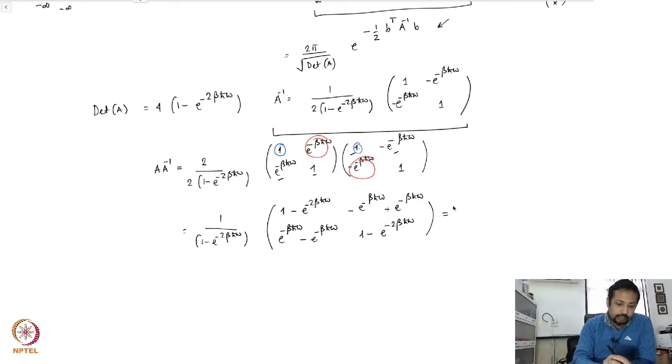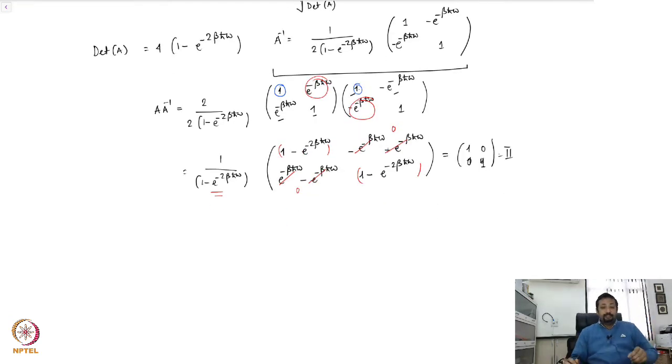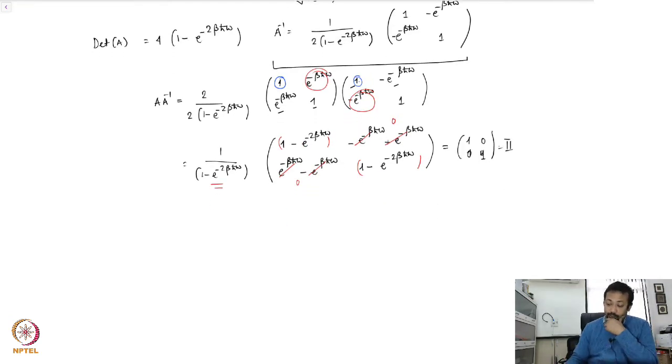So things cancel out. This cancels out to give you 0. This one cancels out to give you 0. And you see this factor and this factor cancel out with the prefactor that is outside to give you the identity matrix, 1 0, 0 1, which is I. So indeed our A inverse works nicely. Good. So all I have to figure out now is what is half B transpose A inverse B, which is